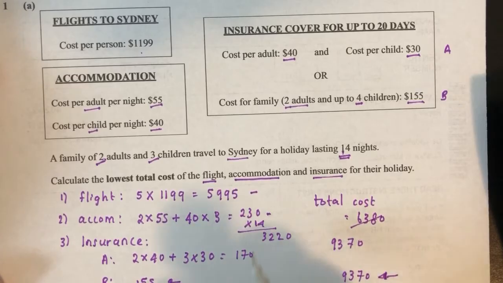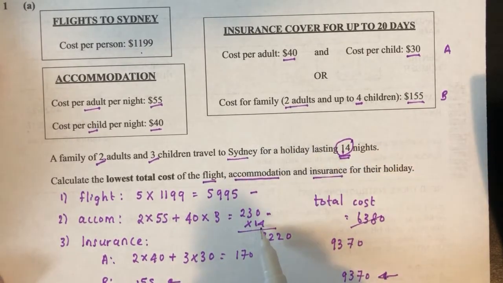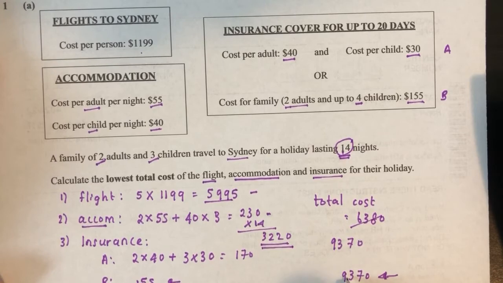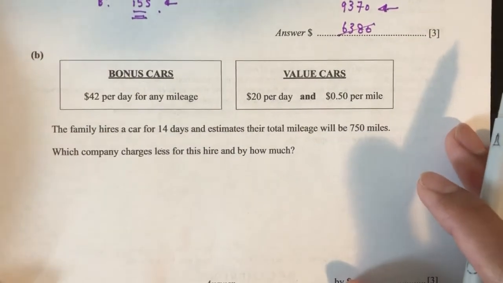So I made a mistake previously. I did not times 14 days. I only did for 1 day. So you have to times 14 for the hotel to find this cost. So you take this plus this and this to find 9,370 for the cost of their holiday. Now part B,